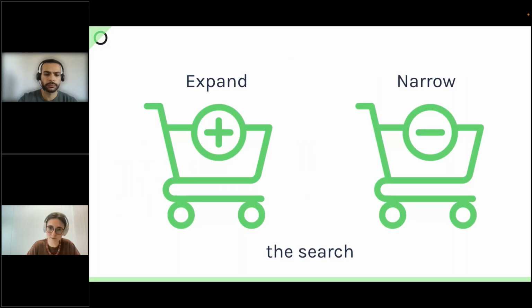Now, some of the operators help you expand your search. Let's say you're not collecting enough results, or you think you're missing out on something that can be relevant for your project. So some operators will help you expand your search. Others will play the opposite role. Whenever you need to narrow down your search, maybe you're getting irrelevant results, noise, some of the mentions are not at all what you're looking for, the Boolean operators will help you narrow down your search.